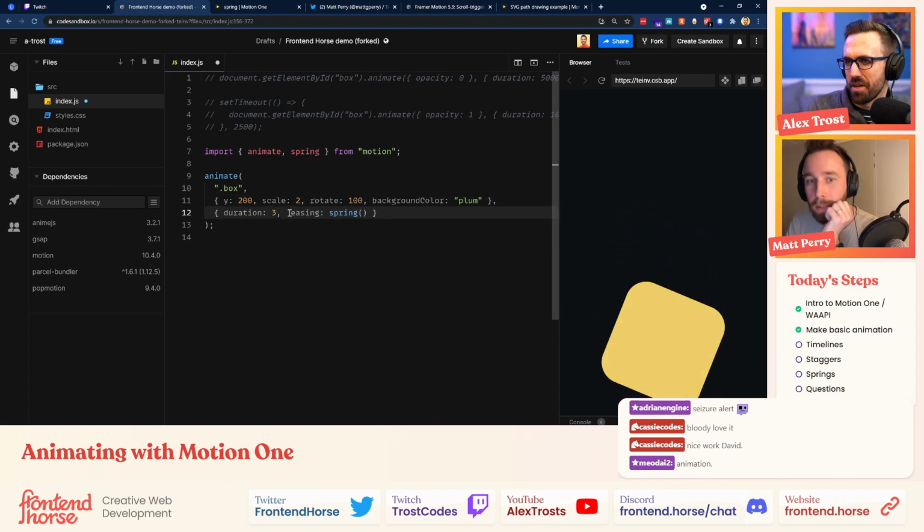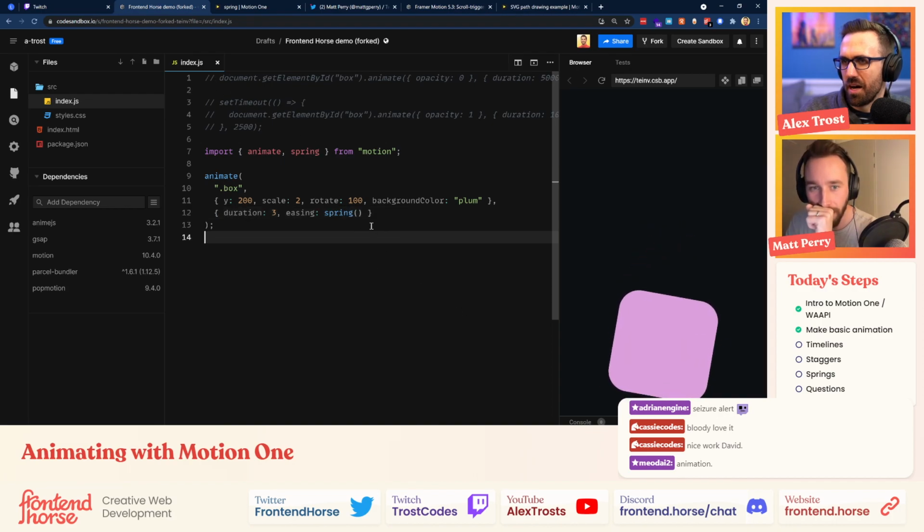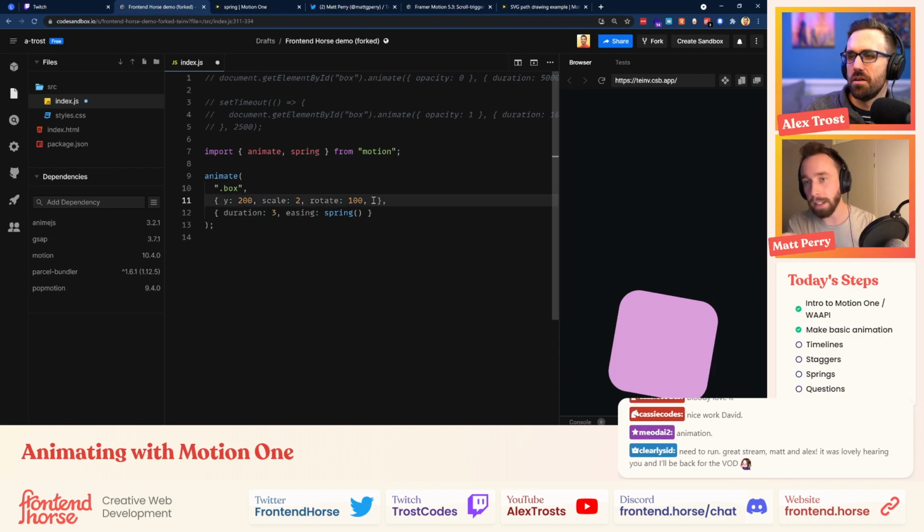So if you repeat, this is going to look like that. Okay, so that's basically what is happening there. And if you give Spring a duration, at this point, duration, by the way, is being ignored. We're dynamically calculating a duration based on